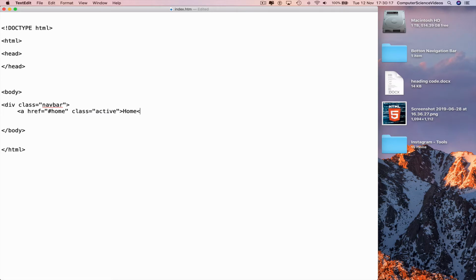home, less than slash a, greater than. Go to a new line again, indent, less than a href equals speech marks hashtag news, greater than news, less than slash a greater than. And then go to the previous line of code, highlight, copy, go to a new line, indent, Command V to paste, and change news to contact. Likewise on the right hand side,